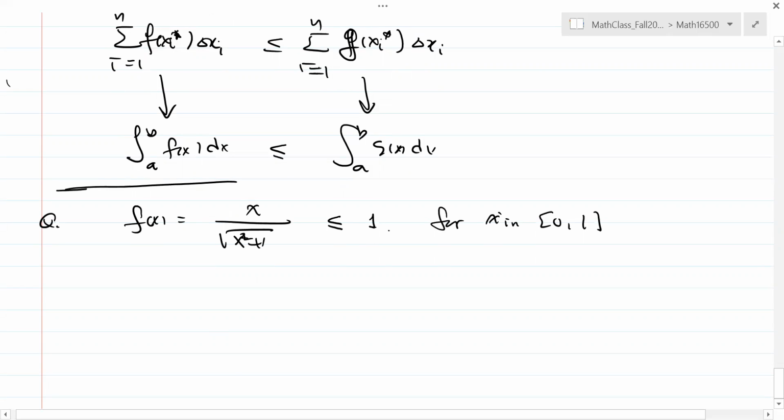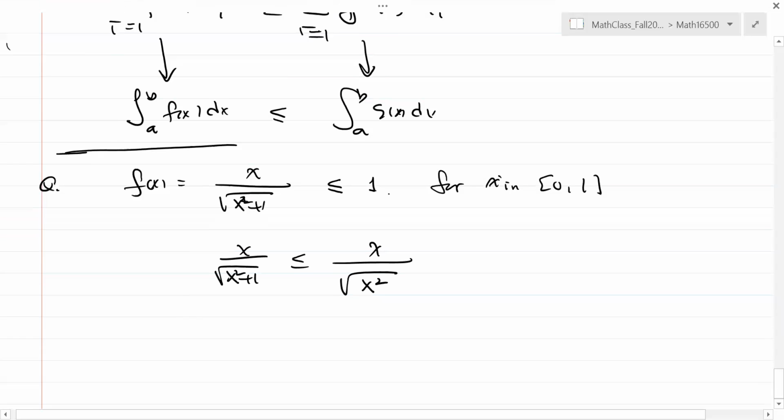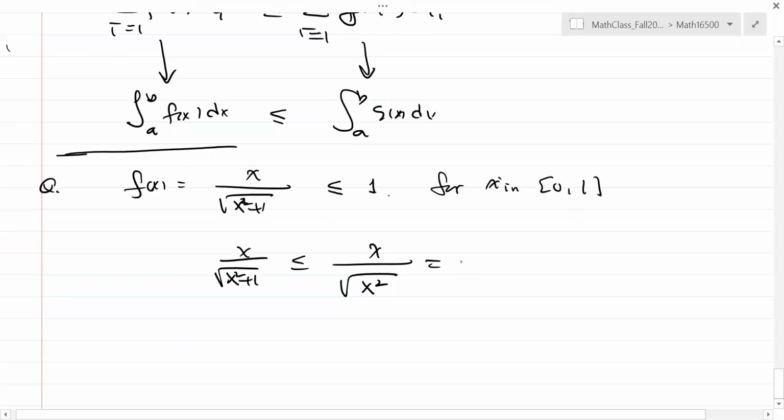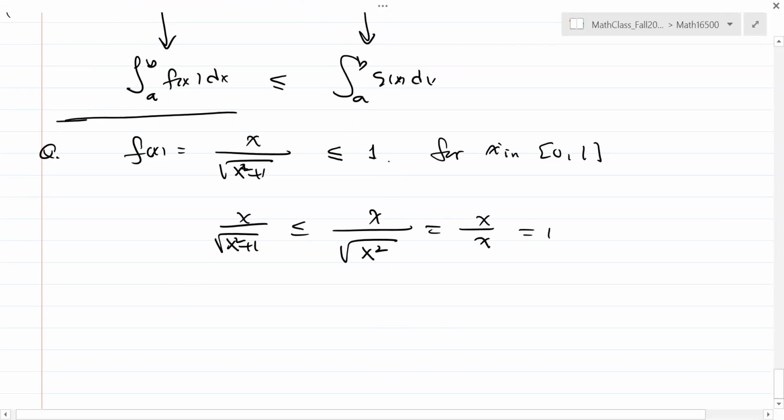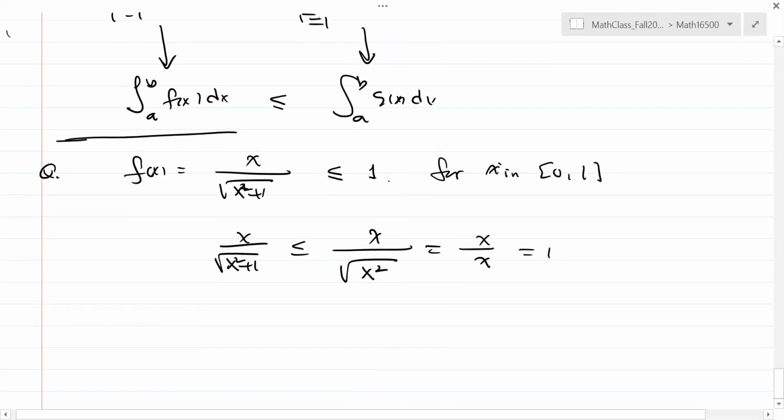Can you tell that? Yeah, of course, that's obvious, right? So the reason is, for x positive, x over the square root of x squared plus 1 is less than or equal to x over x, right? If you make the denominator smaller, you make the fraction larger. And that is going to be 1, because x is positive. Okay? That's it. So that means, according to the above